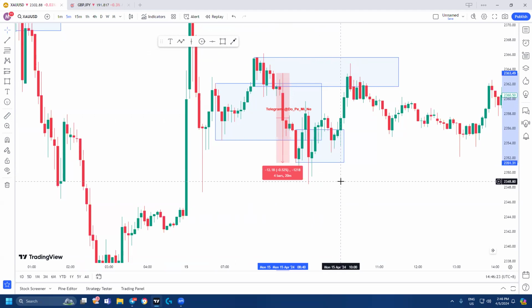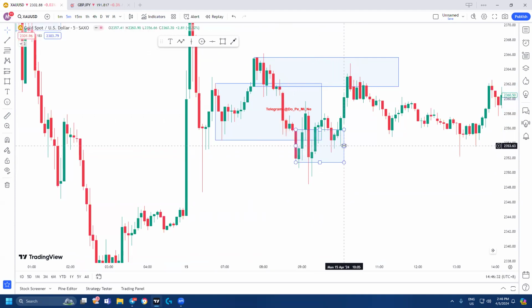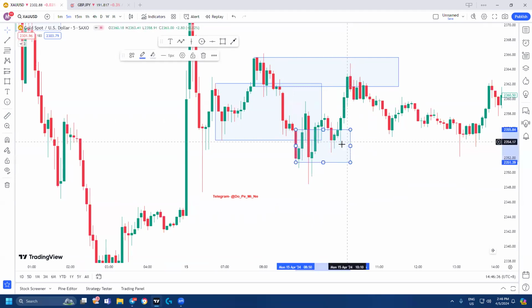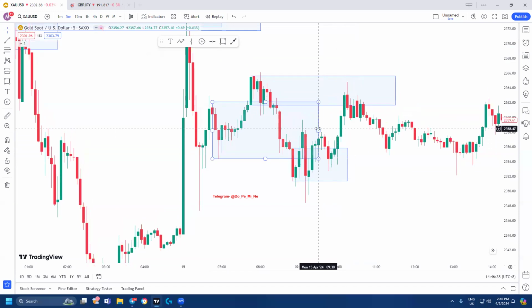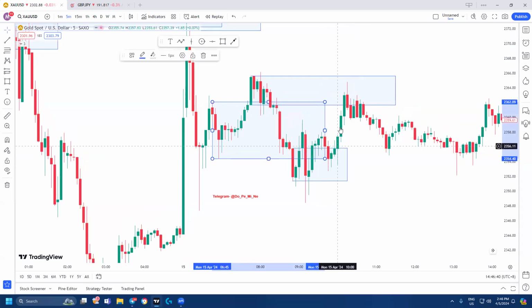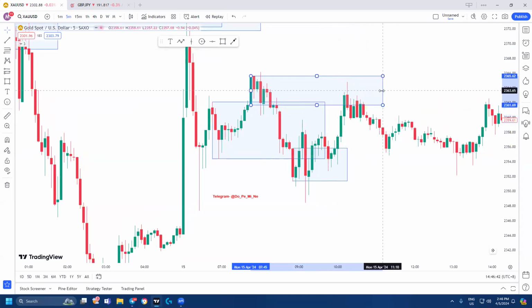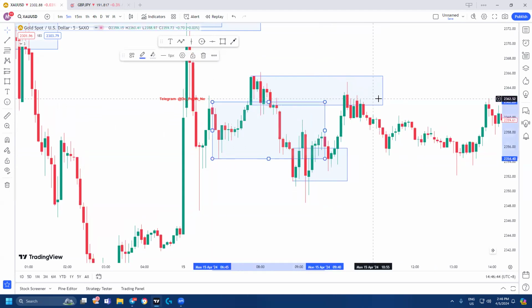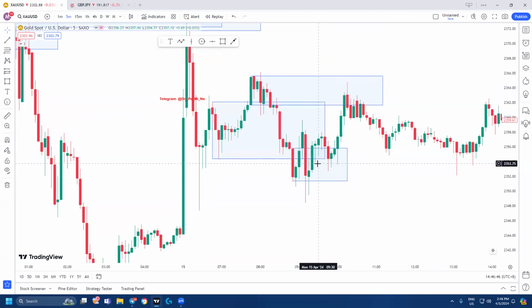Once M5 formed EG buy, we need to take the profit, right? Yes, because this is the M5 engulfing buy. The new CMP will make a move for the price to turn back to the engulfing sell, because this is the EF and this is the EG, so the price will turn back. It will turn back starting from the lower time frame.